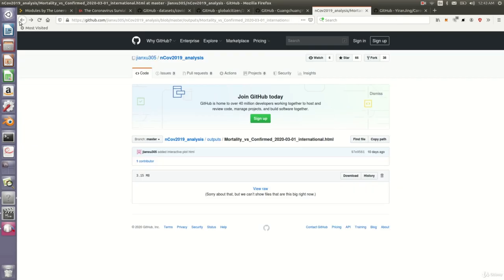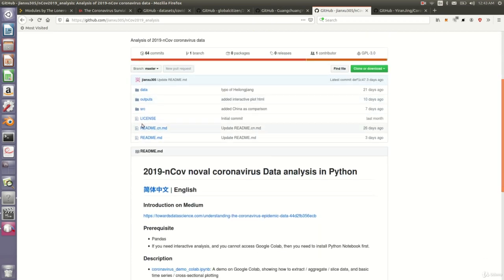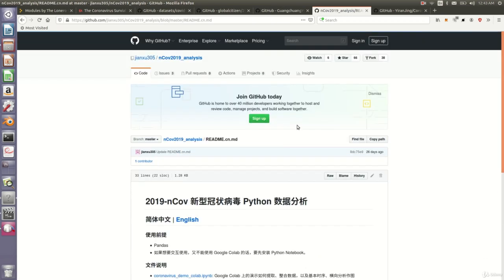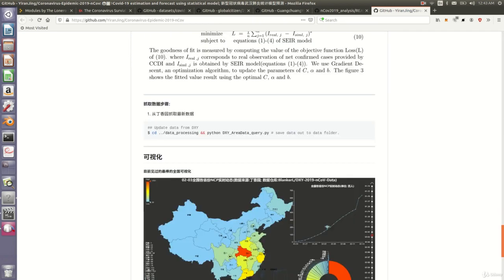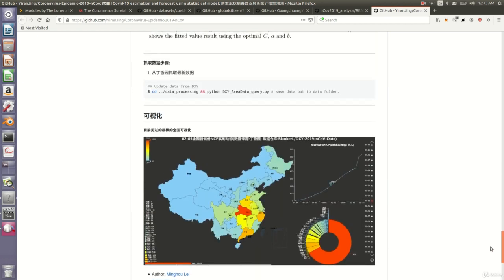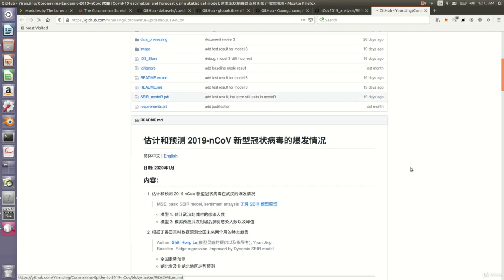So Bureau. So this is all in HTML, so unfortunately I can't directly view it right now, but you get a general idea. Here is their Chinese documentation for that in Markdown. Here you have this forecast model, which is a statistical model for the actual coronavirus. And a very interestingly well built dashboard. I would have to say that he has the English version, which